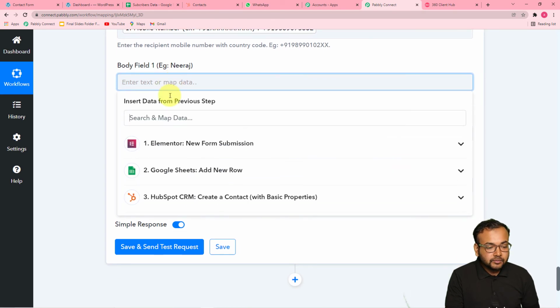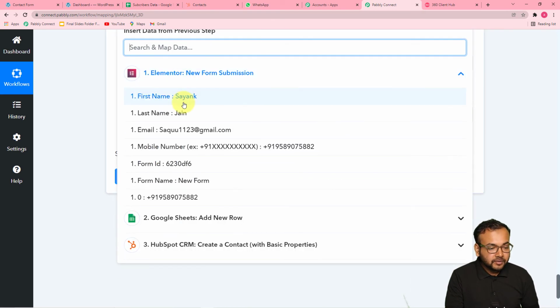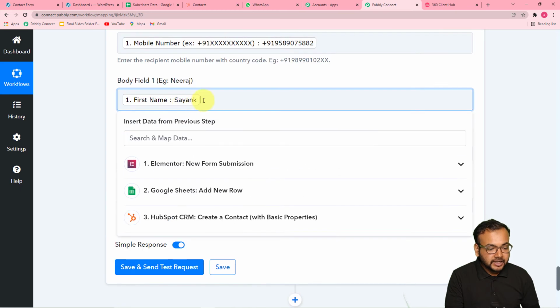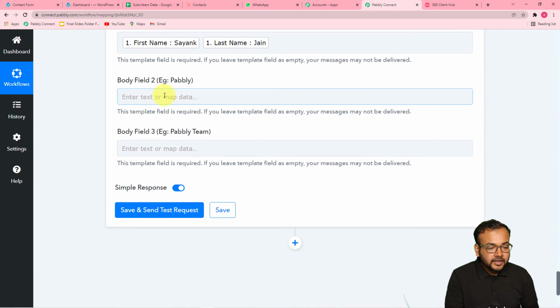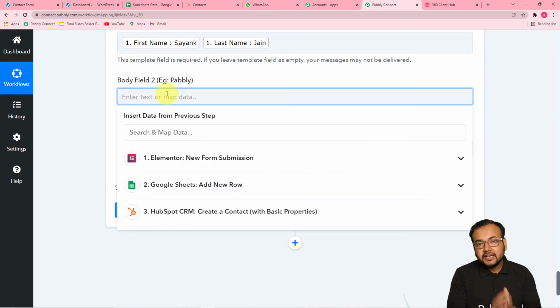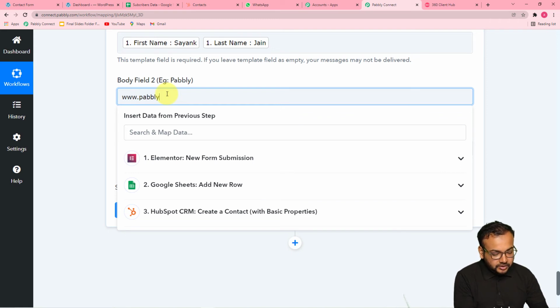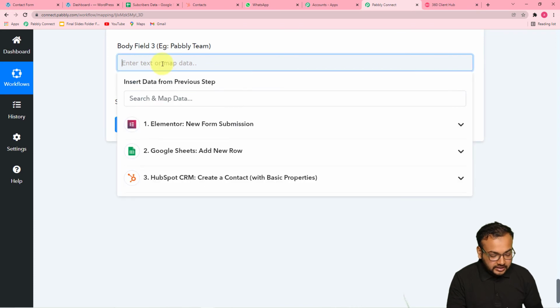Here I'm going to map the name of the subscriber. From the Elementor I'm mapping the name. Let's map the full name here. In the second body field, you can manually enter your website name. I'm putting here www.pabbly.com. Okay, so you can use your name, your website's name. For now I'm just showing you the example, so I'm putting here this, and here I'm putting team Pabbly. Okay,